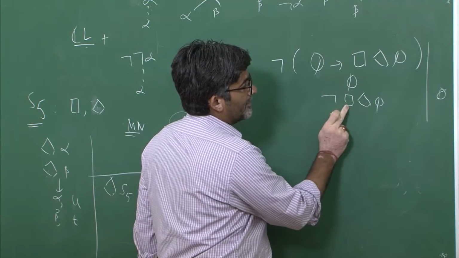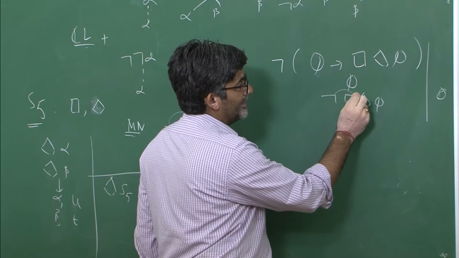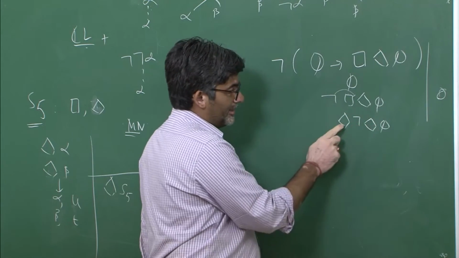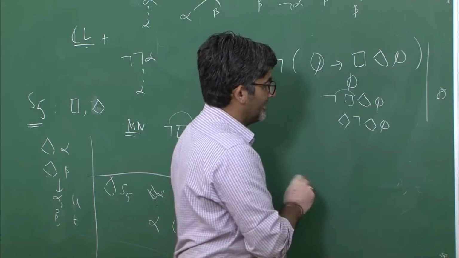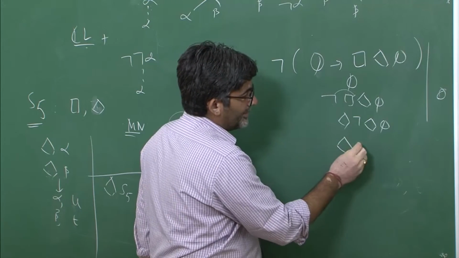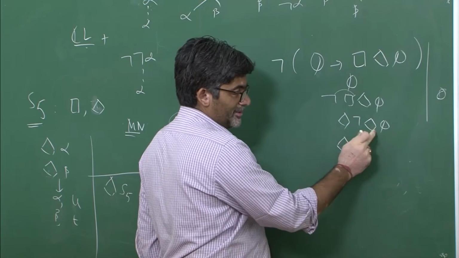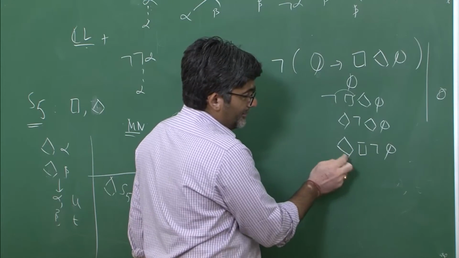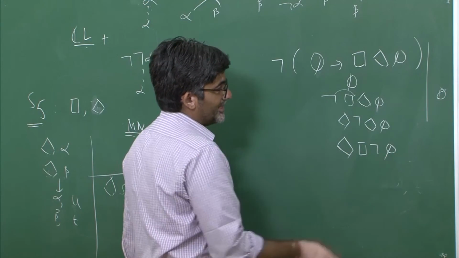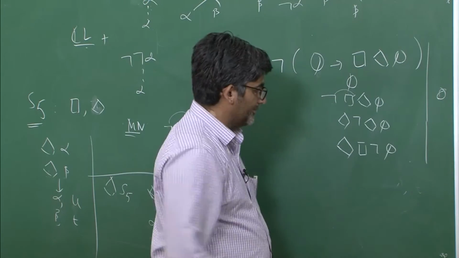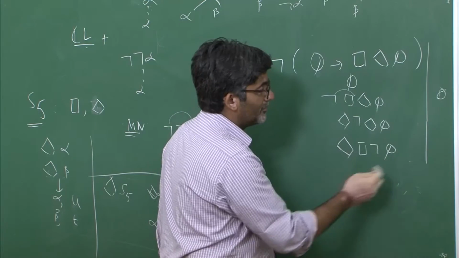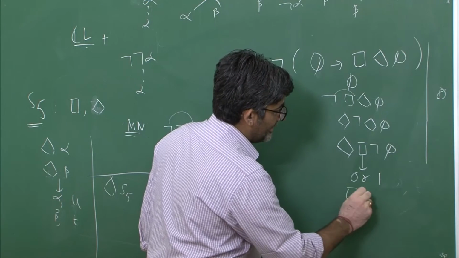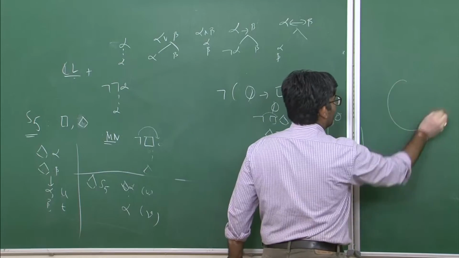So now negation of necessity, possibility of it, this goes inside, and then negation of necessity will become possibility, and this one possibility negation, possibility phi. So now if you simplify it further, negation of possibility will become necessity, and then this one. So now you have to remove these possibility, necessity operators, etc. So till now we are in a world 0. So now we have a possibility operator, that means you can go to another world 1, and in that world 1 your necessity of not phi has to be true. So this can be depicted like this.